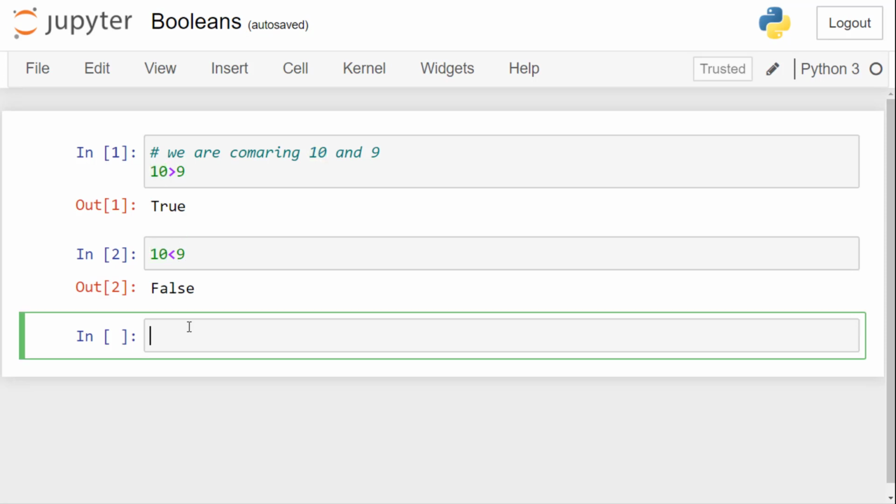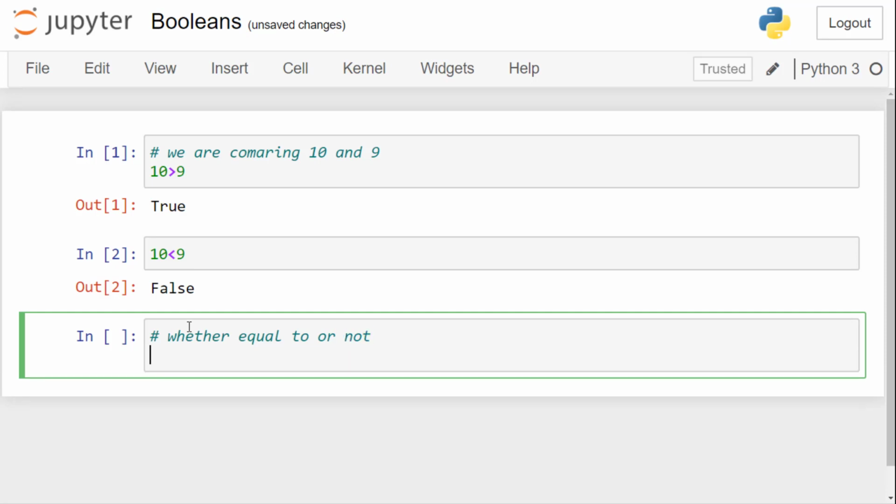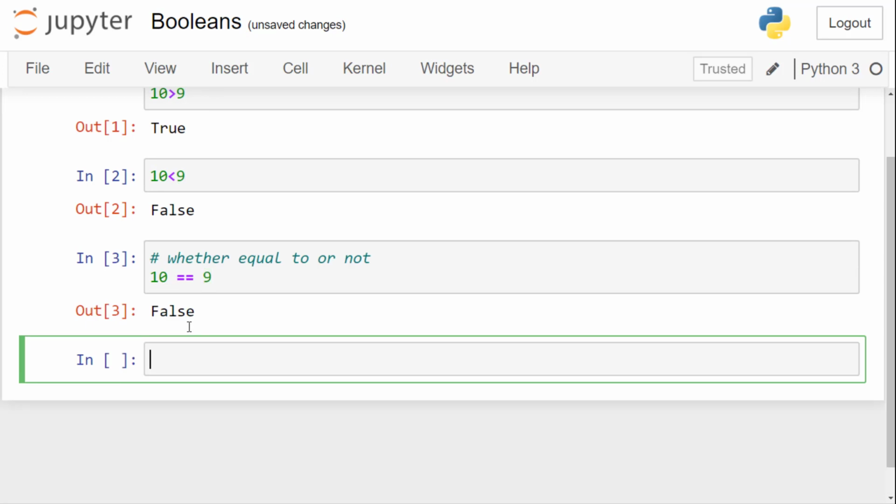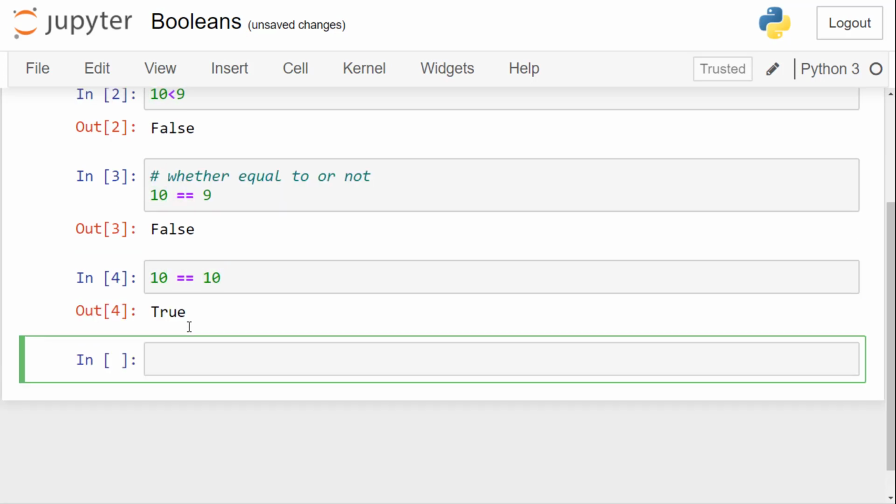Now, if we want to check whether they are equal or not, then we will say 10 equal to 9. That means I am checking whether 10 is equal to 9 or not. No, it's not. Now I will check whether 10 is equal to 10 or not. Yes, that's true because 10 is equal to 10.